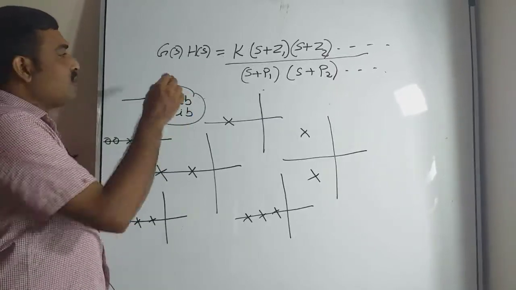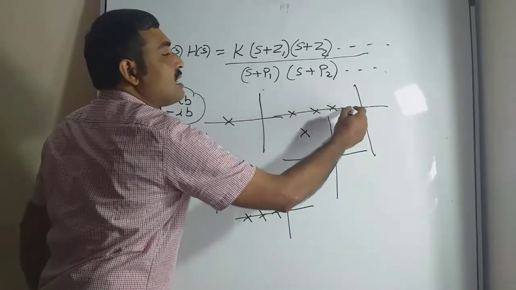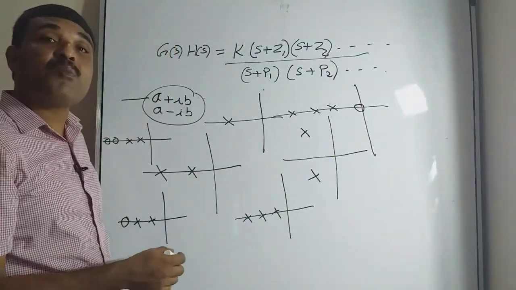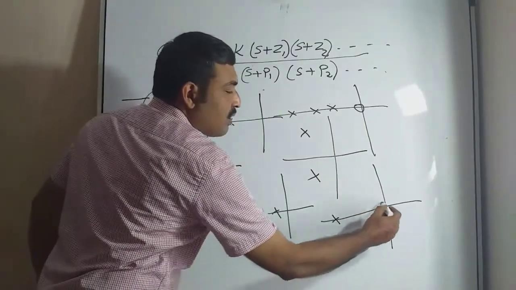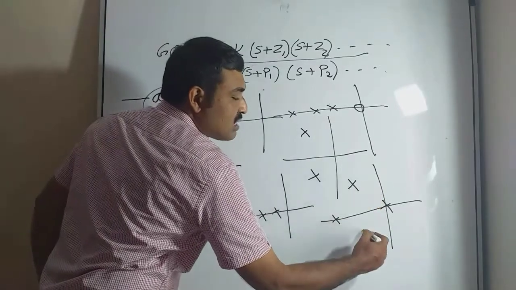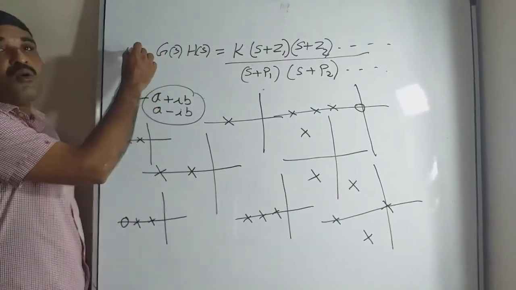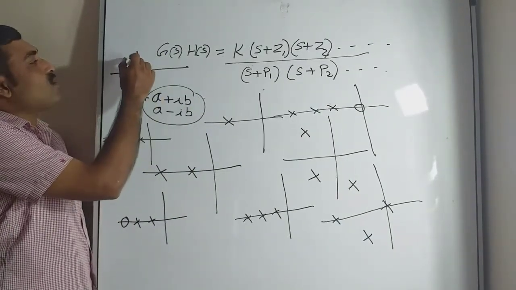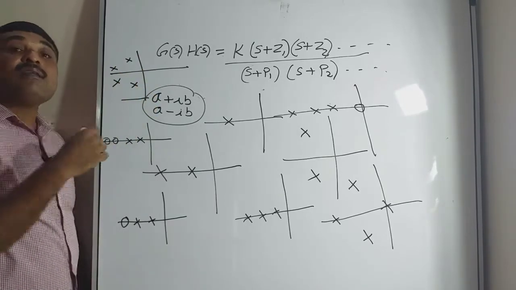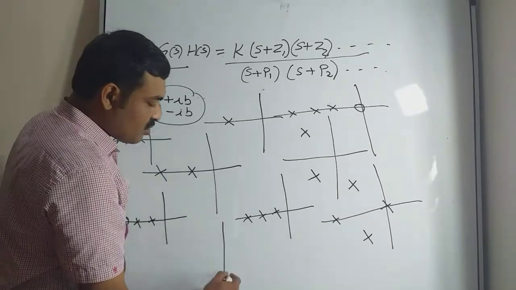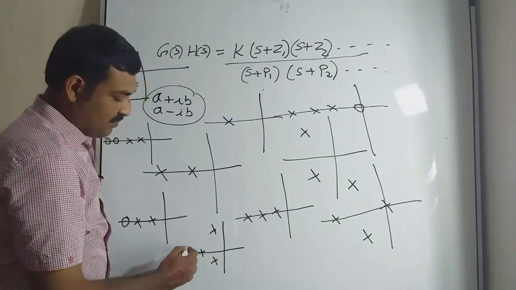Or we have 3 poles like this, 1, 2, 3, and a zero at the origin. Then what is the shape of root locus? Or we have 4 poles like this: 1, 2, and a complex conjugate pair. Then what is the shape of root locus? Suppose we have a pole-zero configuration like this: a pair of complex conjugate poles here and another pair of complex conjugate poles here. Then what is the shape of root locus? Or suppose this may be our pole-zero configuration and a zero here. Then what is the shape?